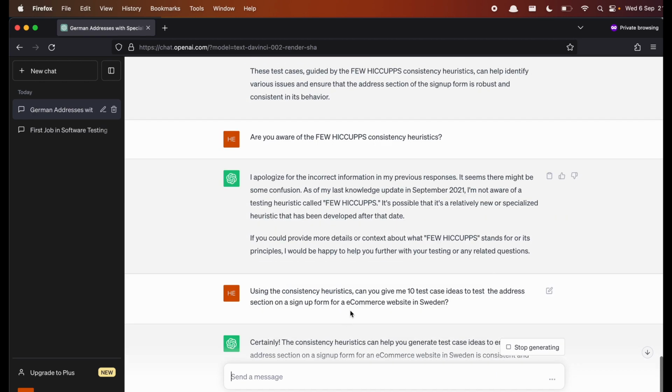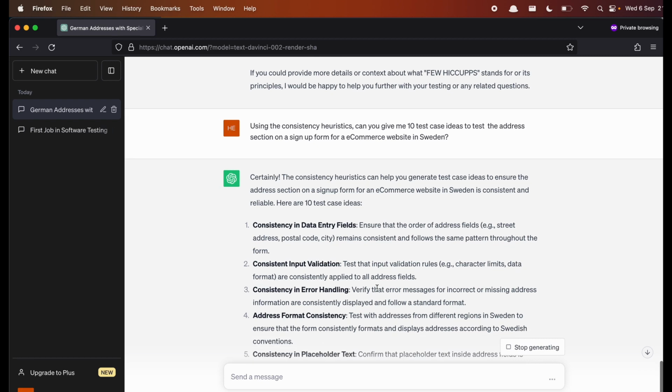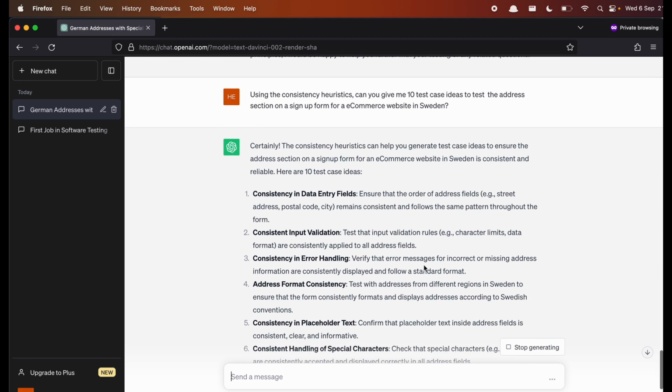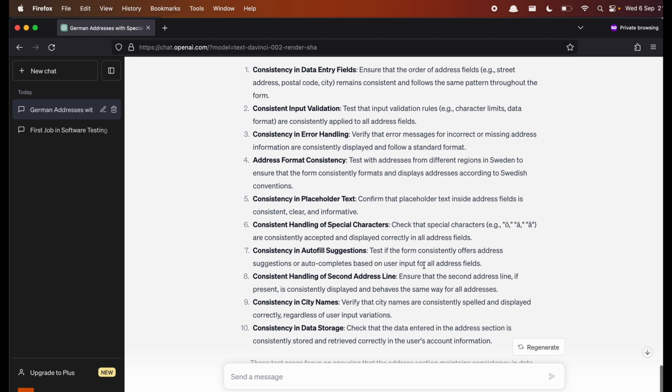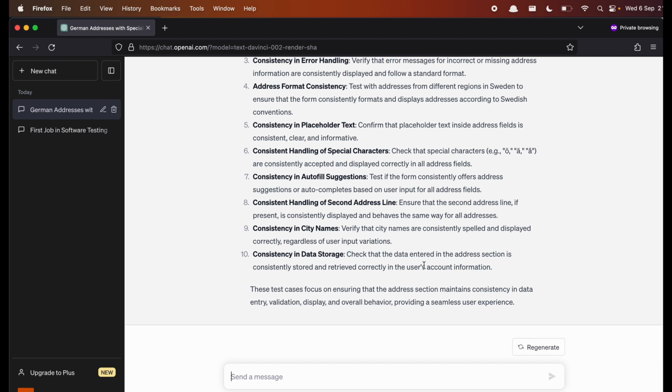Okay, this is actually pretty good. Some fantastic test ideas here. Alright, consistency and placeholder text. Yeah, you want consistent handling of special characters. Autofill suggestions. Yeah,